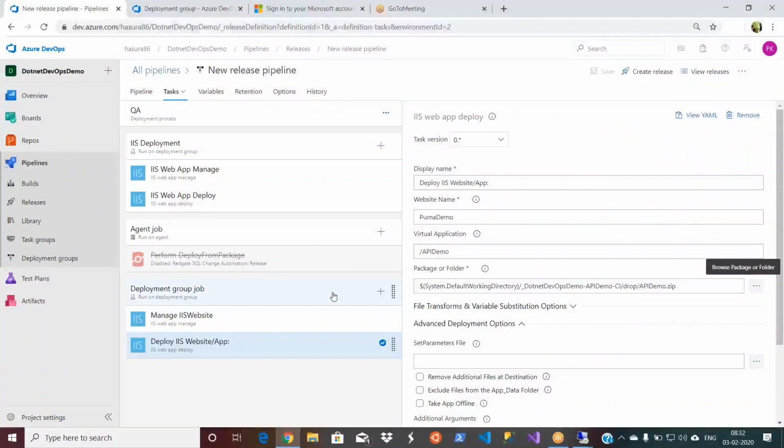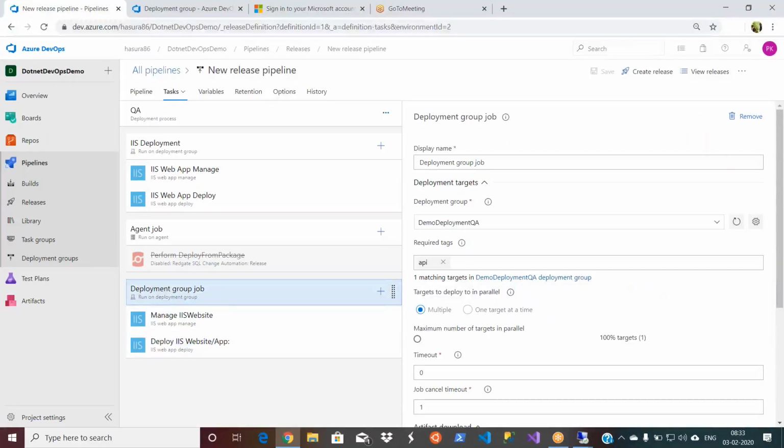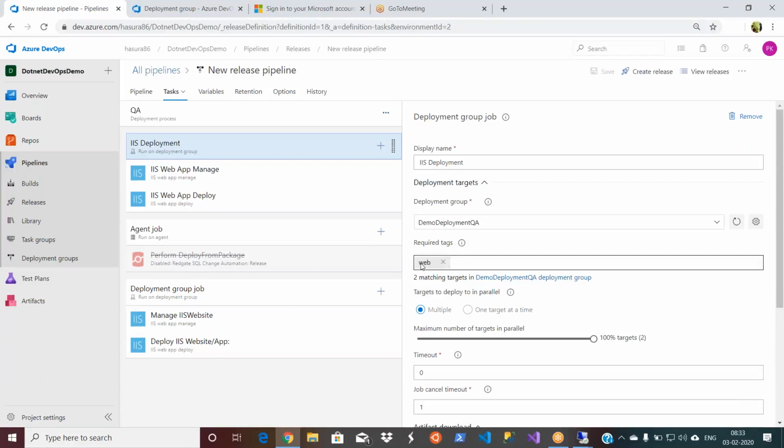So it's very simple. Go and create another deployment group, and if you want to deploy your API, just give the tag name as API here. That's all I did. I did not make any other change, so just save it. Now when I deploy this group, what happens? The first one is for this web deployment. This code will be deployed to the 2 servers, because in the deployment group under the web category, I have 2 servers.